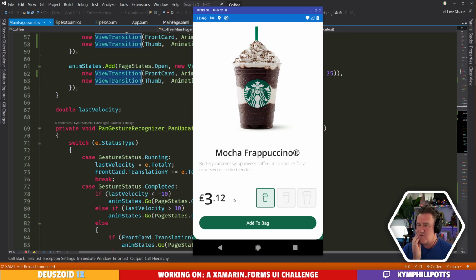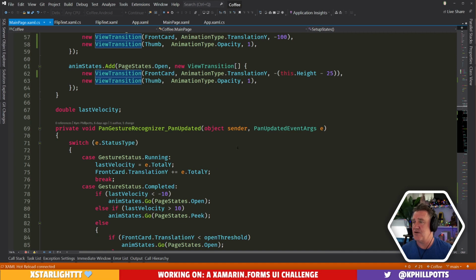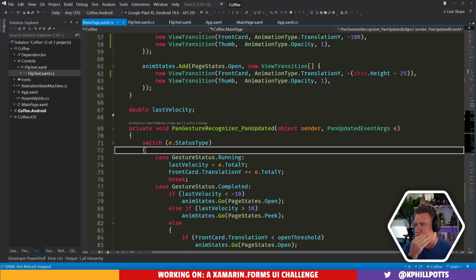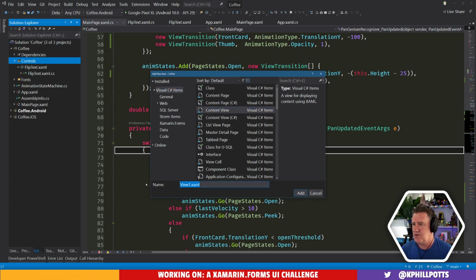So why don't we create a control which encapsulates sort of like these elements here, that actually has multiple of these flip texts inside of it, and then we animate them individually. Let's try that. All right, so we'll create ourselves another control, called something like a flip label.